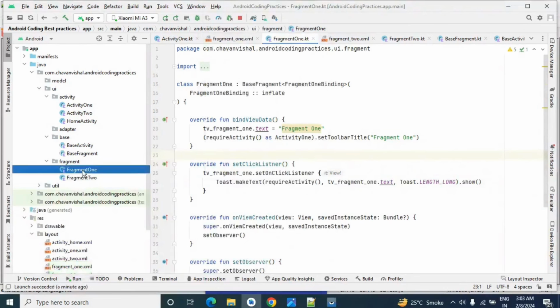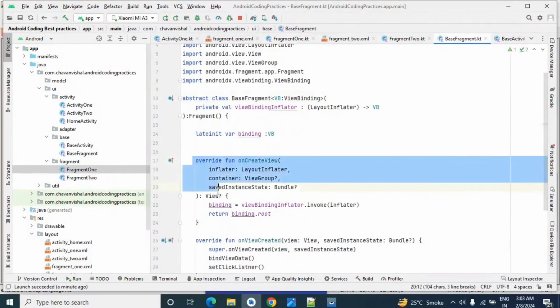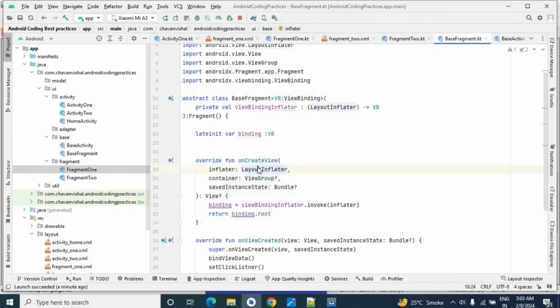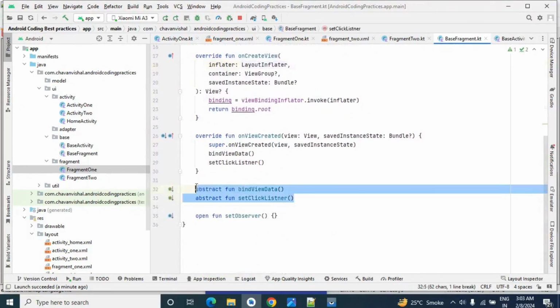So in this video what we have done is added these two fragments, fragment 1 and fragment 2, and both of them extend this base fragment. In the base fragment we have inflated the layout using on create view, so in both fragment 1 and fragment 2 there is no need to create the on create view method. Along with that we have added two abstract methods which are necessary to implement in our sub fragments, and we have implemented them.